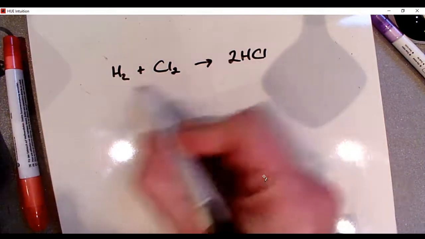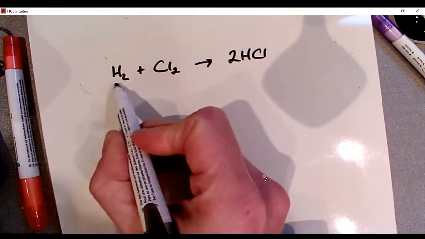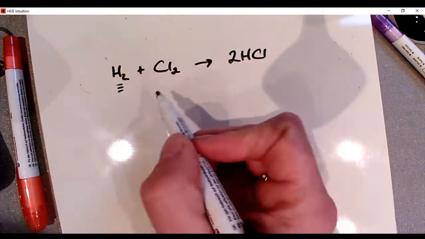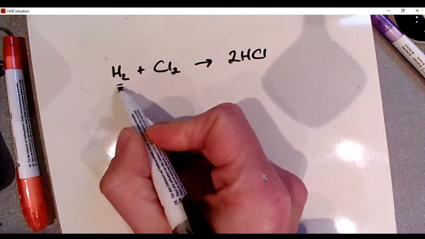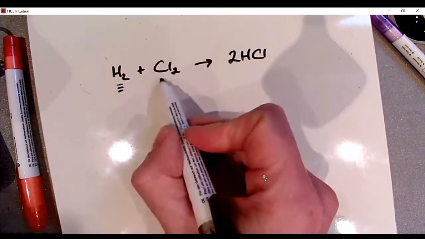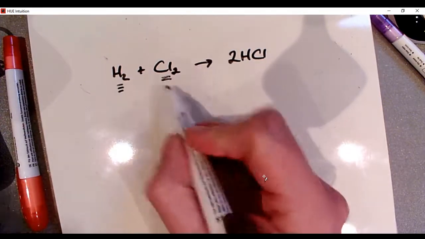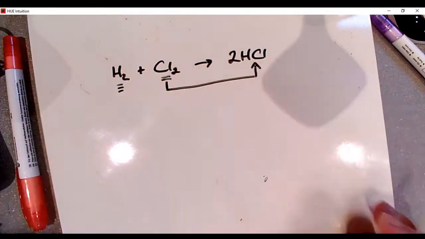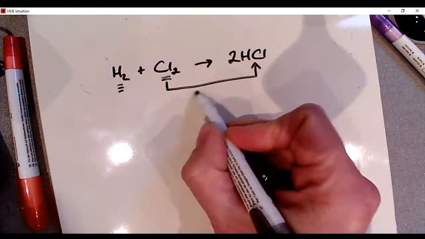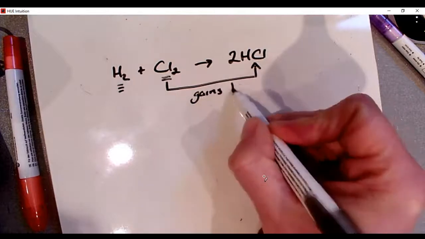Okay, so let's have a look at what happens to each of the reactants. Now, there's nothing obvious happening to hydrogen in terms of oxygen and hydrogen, so you can't say that it loses or gains, right? So nothing obvious happening there. So let's have a look at the chlorine, right? If you look at chlorine, as you go over to hydrogen chloride, you can see that it gains hydrogen,